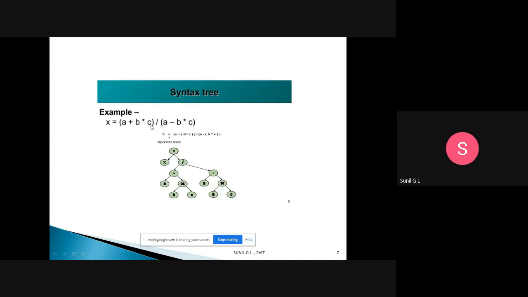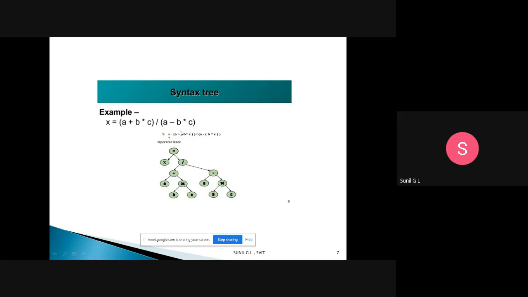So in that, a plus b star c. Here plus will be the root. To the left of that plus we will have a, and to the right of that plus we will have star. In that star we have operands b and c as its children. So like that. Now when you come to the right of this division, for this expression,